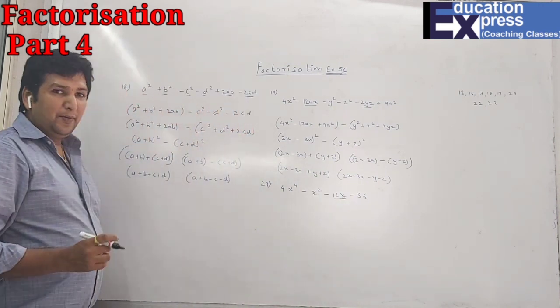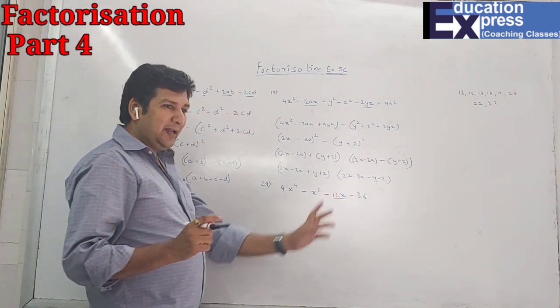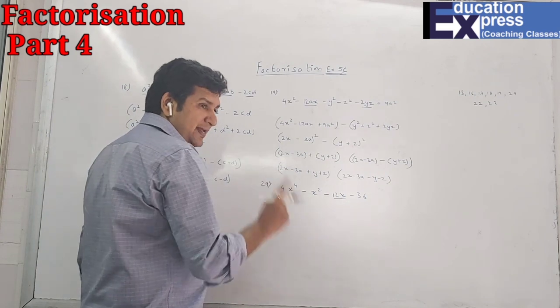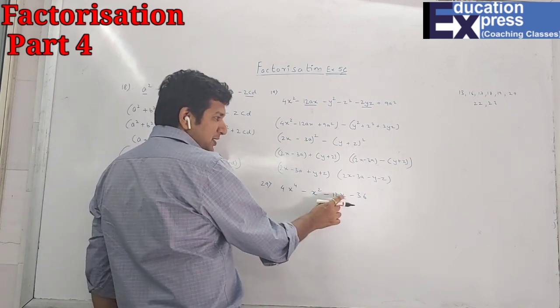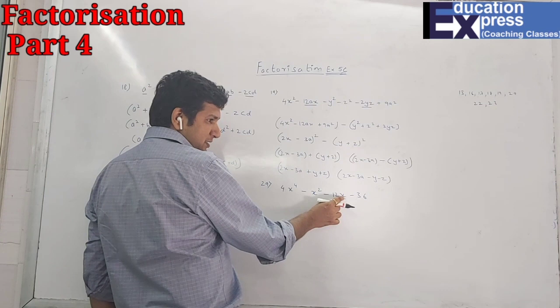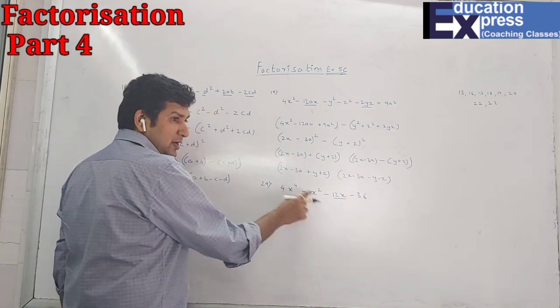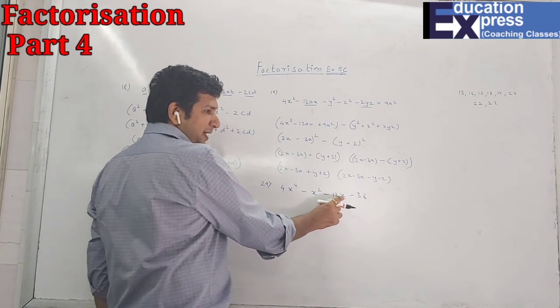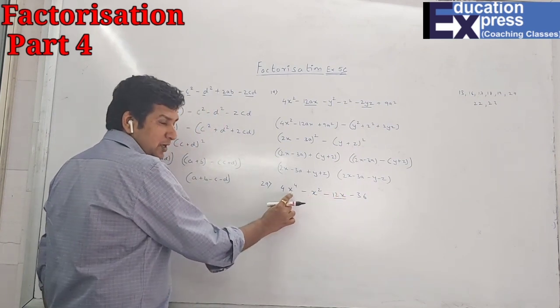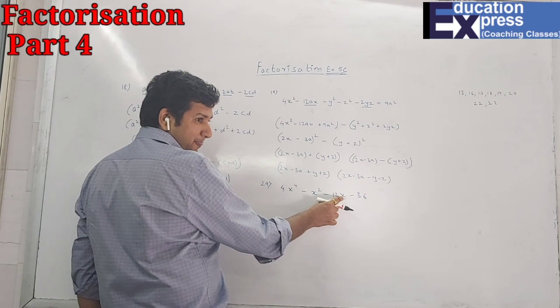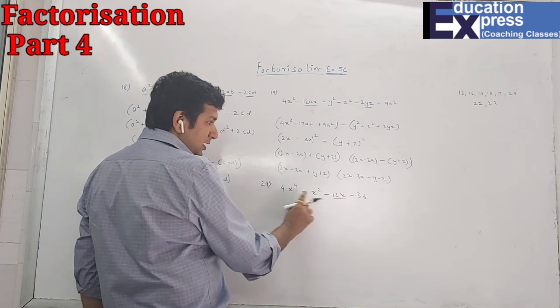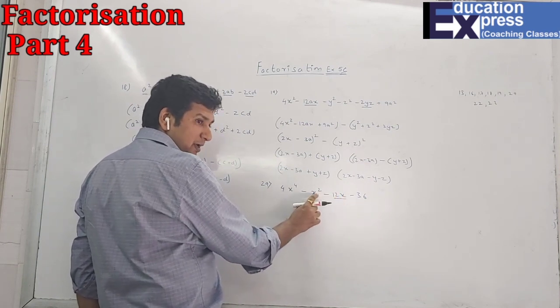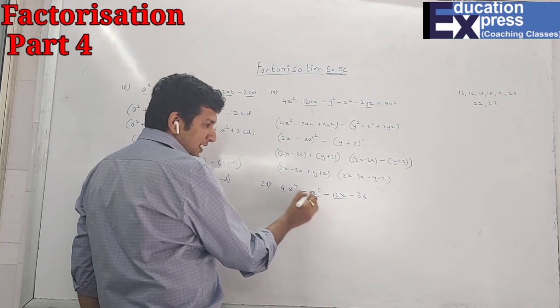Now which all numbers will be there in their group including 12x? 12x is 100% there. The next number will be what? The x. So you can see if this is x, so here also x is there. But I have told you, how will you come to know? You have to square this. So after squaring the x, you get x square, not x to the 4. That means the number which is there in this group will be not x to the 4, will be x square. So one is this number, second is this number.